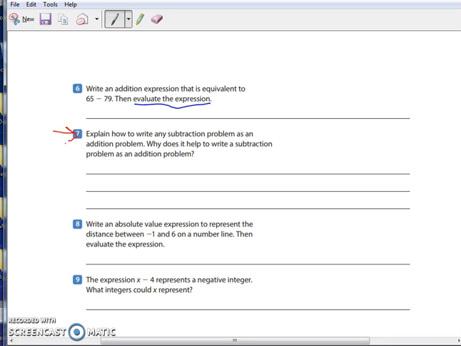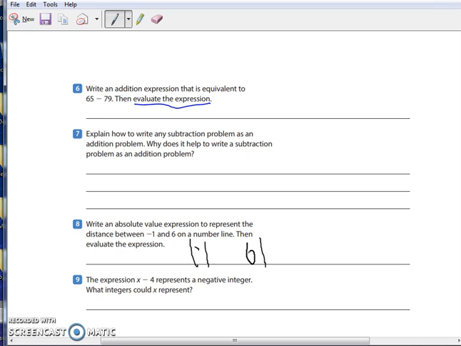In number 8, it says write an absolute value expression to represent the distance between -1 and 6 on a number line. Then evaluate the expression. So what they're asking you to do is use absolute value. So I'm going to draw an absolute value bar. Oop, that's not very straight, but imagine that was a straight bar. I'm going to draw another one. And I'm going to put in there -1